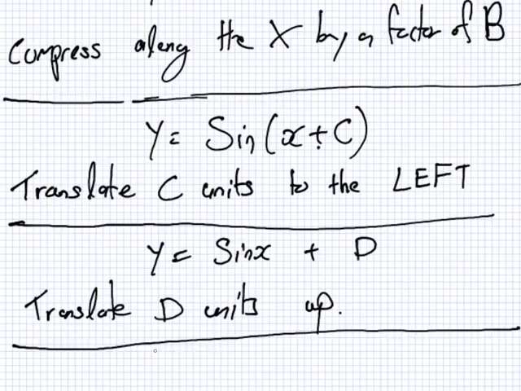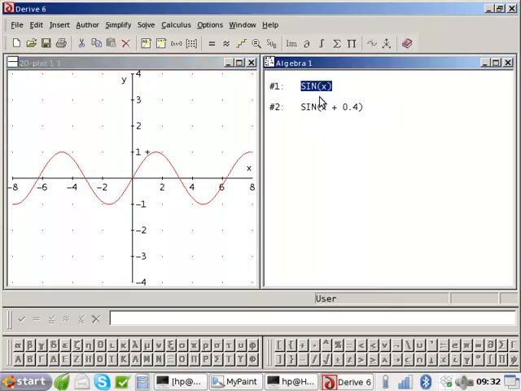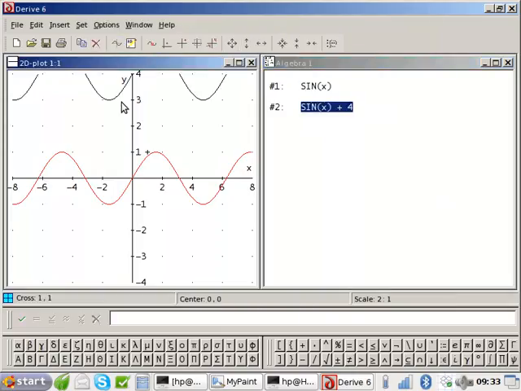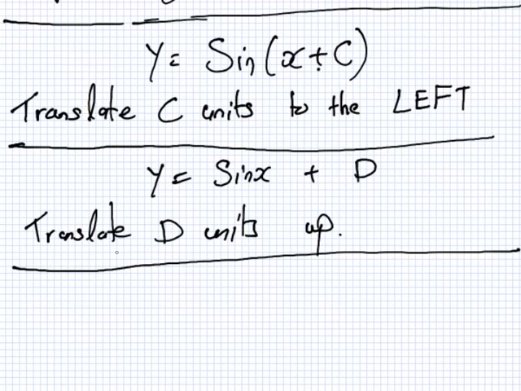So I'll draw that just so you can see it. If I do sine x plus 4, you can see there, it moves it up. Can you see? Yeah. Okay, there's still one more I haven't done, which is if you have something like y equals